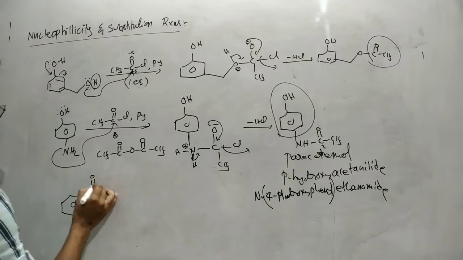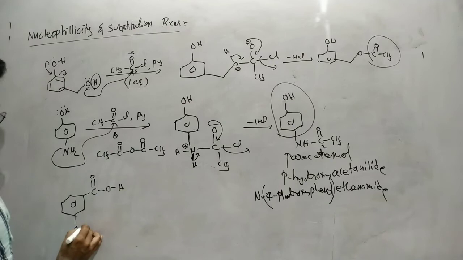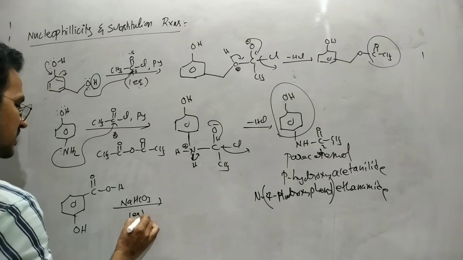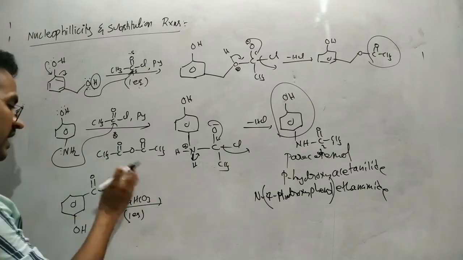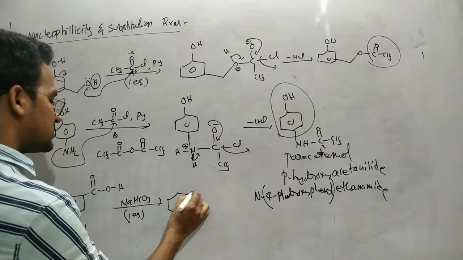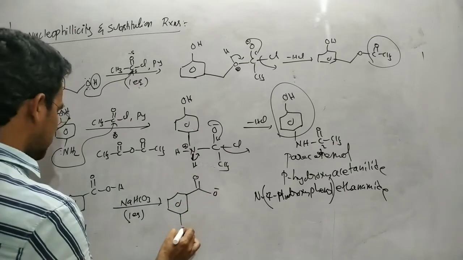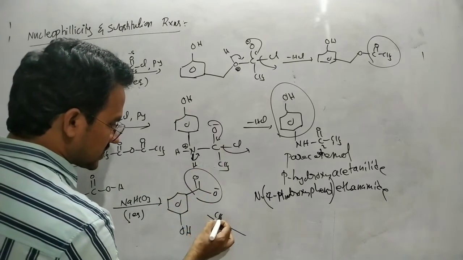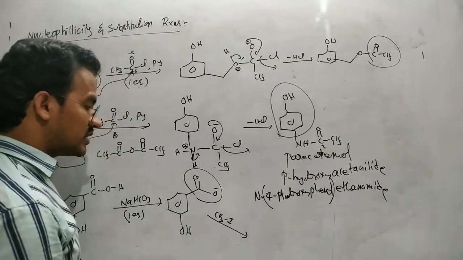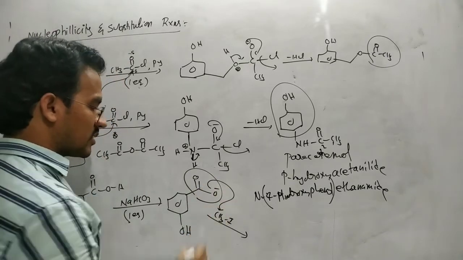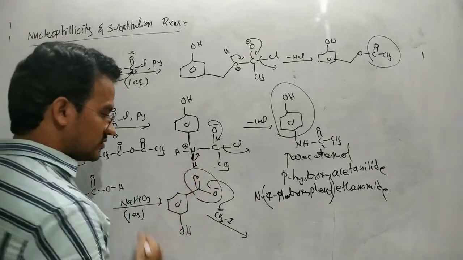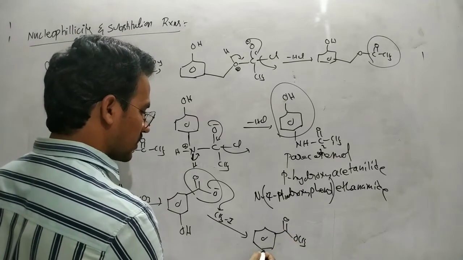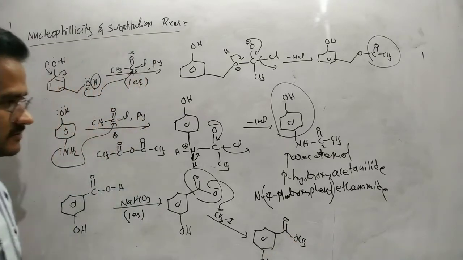In this case, C double bond O H is a carboxylic acid, and this is OH. Now on reaction with sodium bicarbonate, here I am taking one equivalent. So the carboxylic acid can react with sodium bicarbonate. As a result, here C double bond O minus, and this is the OH. Between these two, the O minus is more nucleophilic. Then on reaction with methyl iodide, this oxygen attacks on this carbon, because it is the more nucleophilic charged one. As a result, we'll get the ester molecule. Okay, OH. That's it.